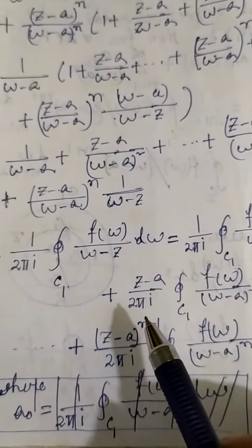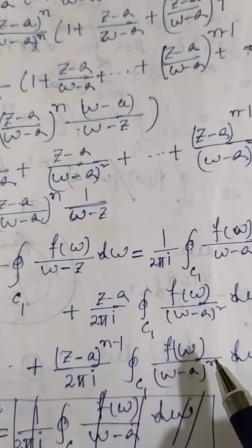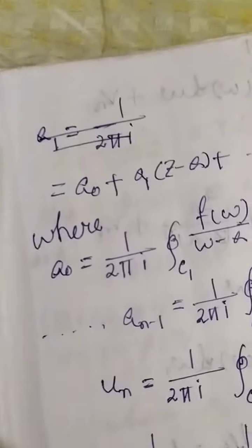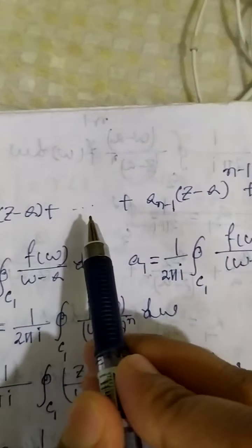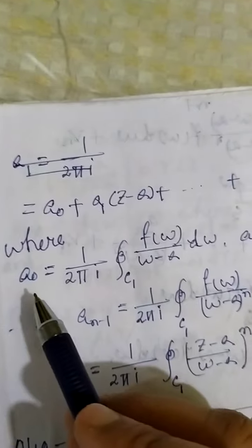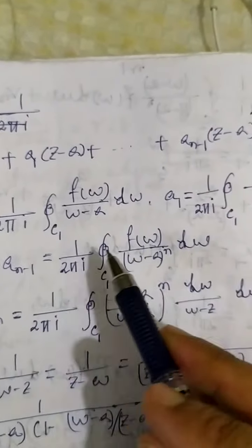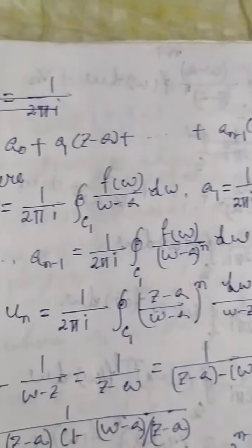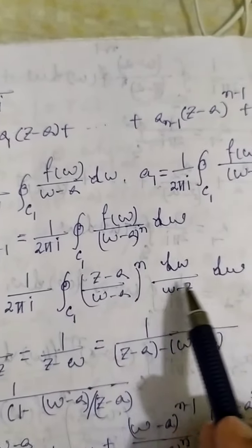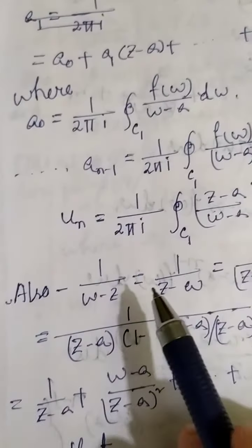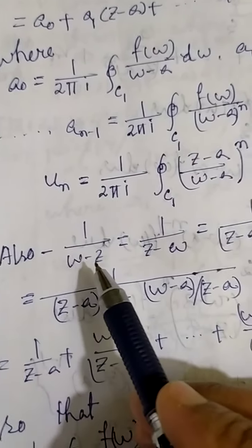If I consider this a naught, a1, something like that, this expression, then this is our a naught, this is our a1, up to a n minus 1, and this is our Un. Also for the second integral, second minus of 1 by w minus z,